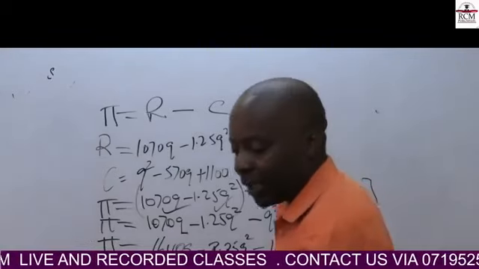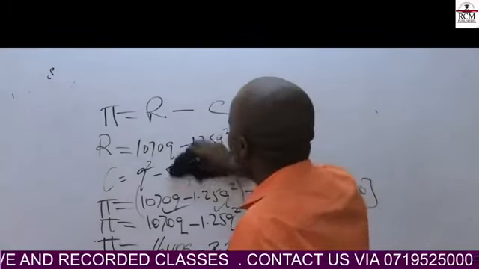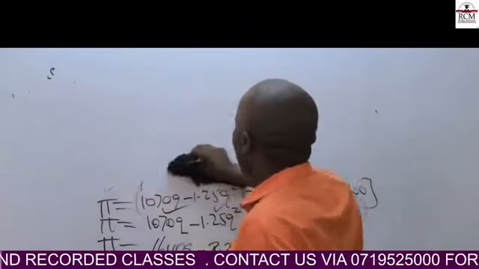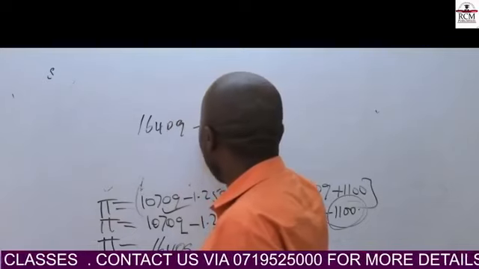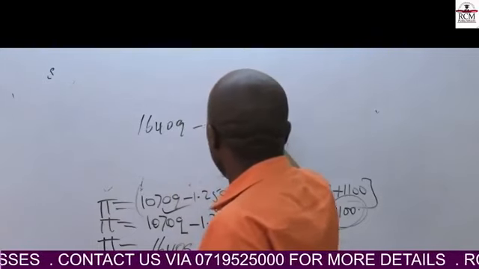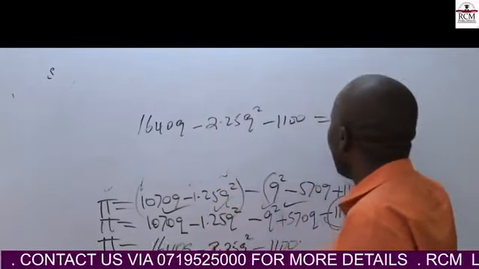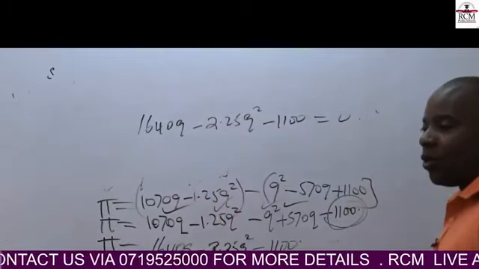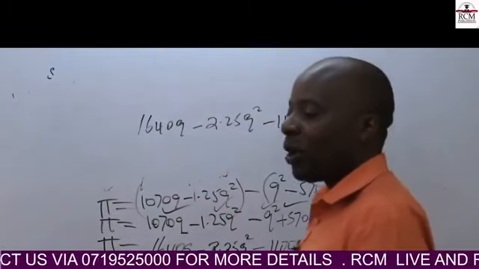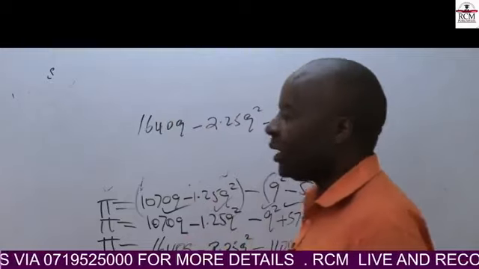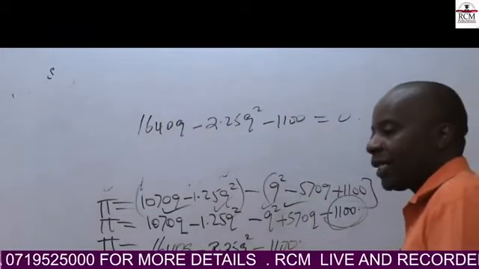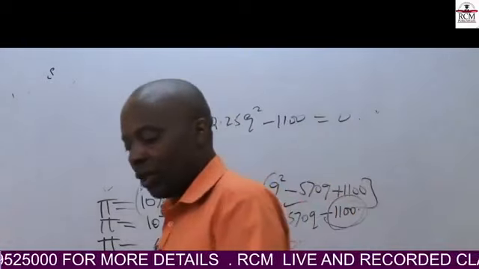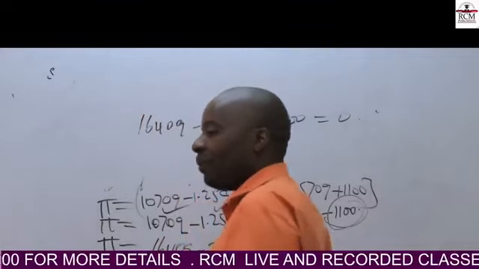So they're telling me that at break-even point, profit equals 0. Meaning, ladies and gentlemen, that my profit equation that I have here of 1640Q minus 2.25Q squared minus 1100 equals 0. And by observation, I'll be able to bear witness with everyone here that this is what we call a quadratic equation. And if it's a quadratic equation, the thing that I'll be expected to remember,